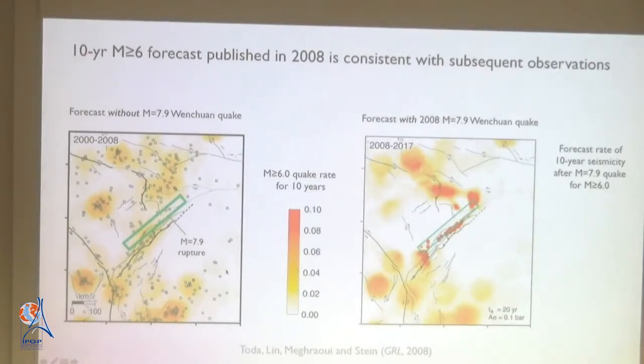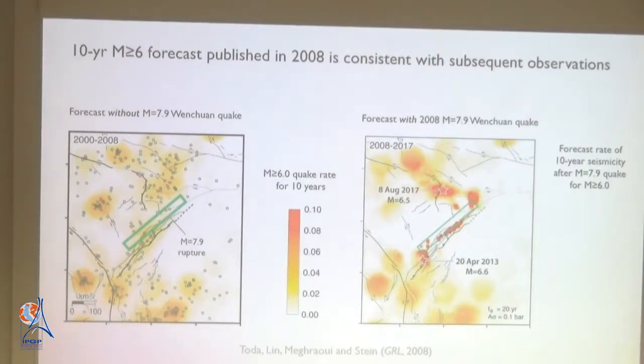Some are intensified and some are diminished. And here's what happened during that decade. These two large earthquakes have occurred in regions where we calculated the likelihood of large earthquakes, magnitude 6 and larger, had increased. So these are the kind of efforts that suggest that Coulomb stress triggering here does indeed explain a lot of what we see. It's not predictive, it's a kind of forecast, but hopefully useful.